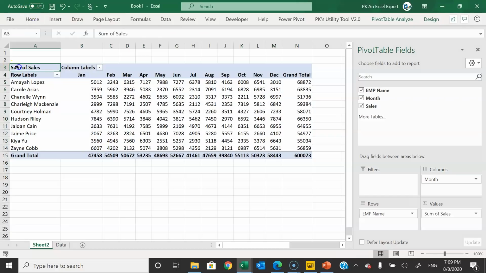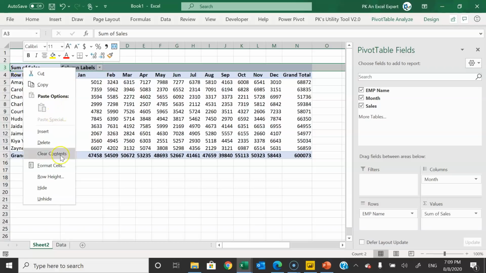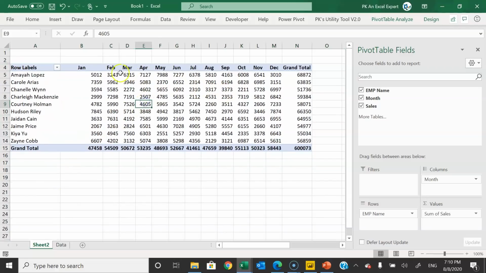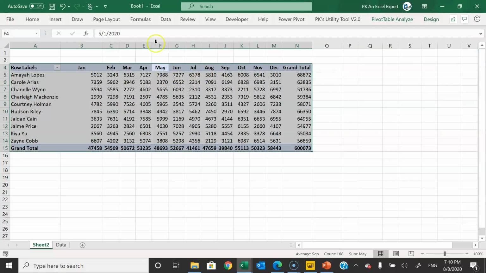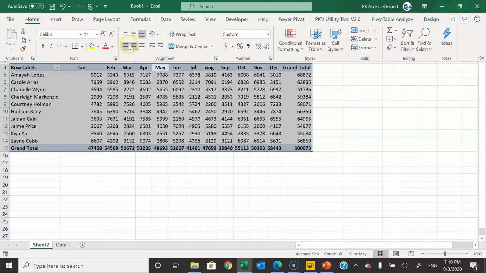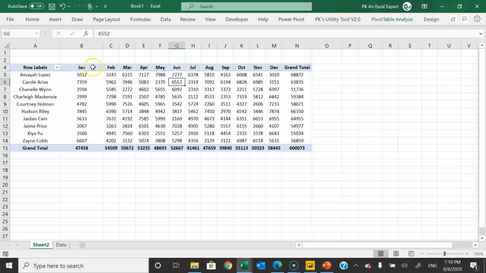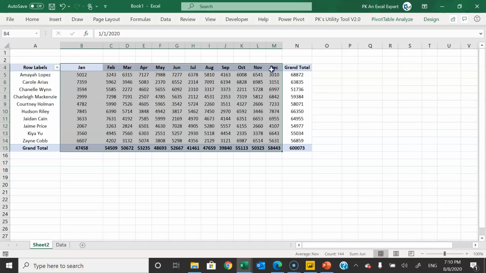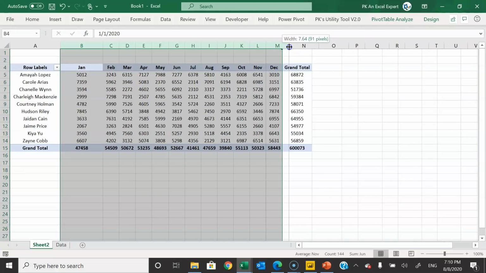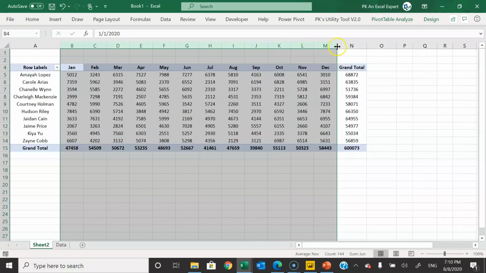Now we can hide this row, row number 3. So simply select this, right click, and we can hide this. Now we are displaying only this table. So select this table and we can align it to the center. You can change the font size if required, and we can make the column size similar for all the month columns